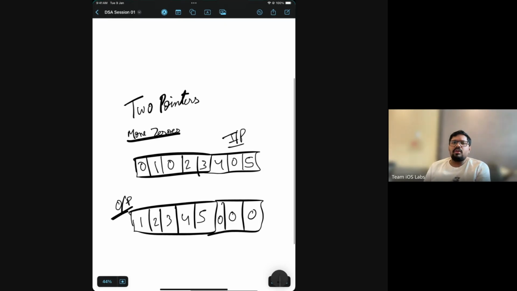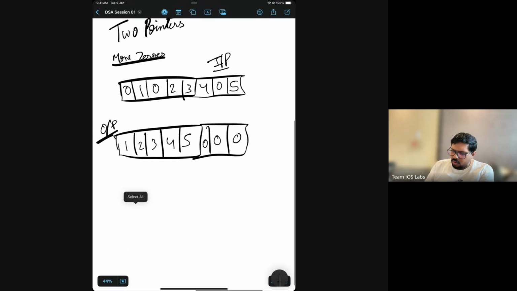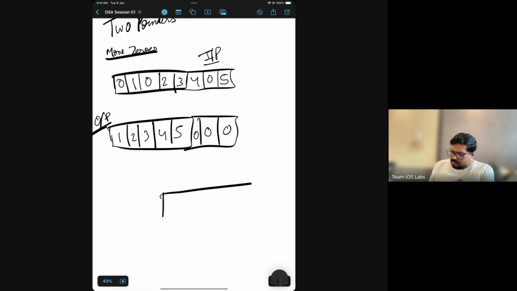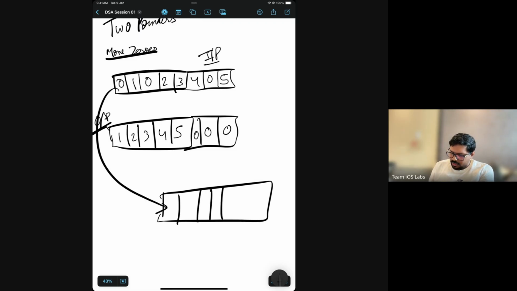So how can we do it using two pointers? There are some other approaches also, some brute force approach, and you can even introduce one extra array. If you don't know about two pointers, then in general, the easiest or brute force way, people simply copy the non-zero elements into one extra array.